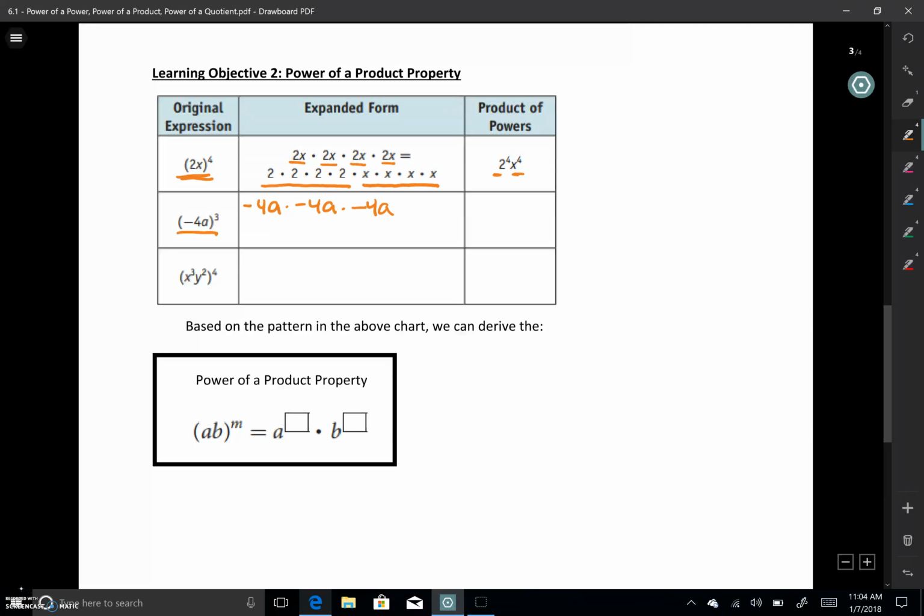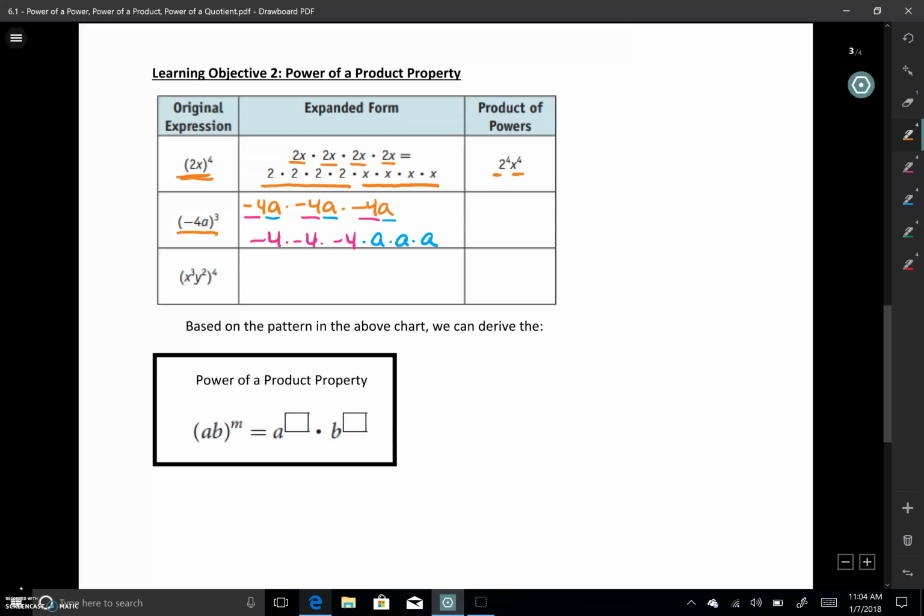3 times. I'm going to put all of my coefficients together, so I get 3 negative 4's, and then all of my variables together, so I get 3 a's. And just remember, the operation here is multiplication, so we are going to keep that operation. Negative 4 times negative 4 times negative 4 times a times a times a. And when I rewrite everything like this, where the coefficients are together and the variables are together, I can see